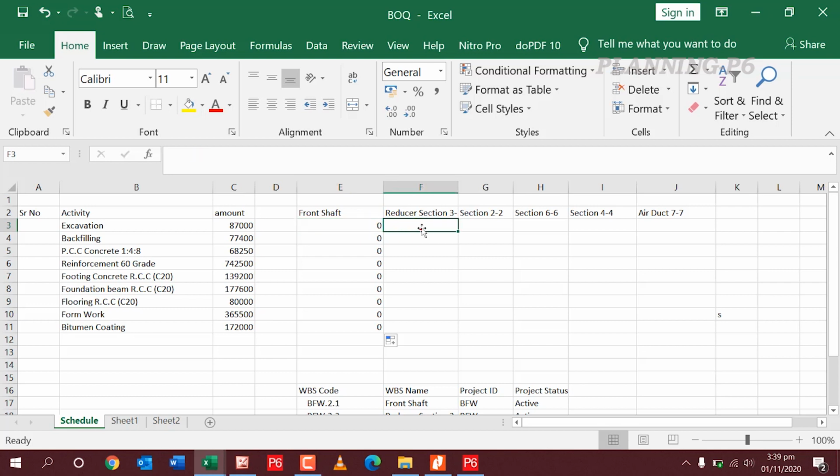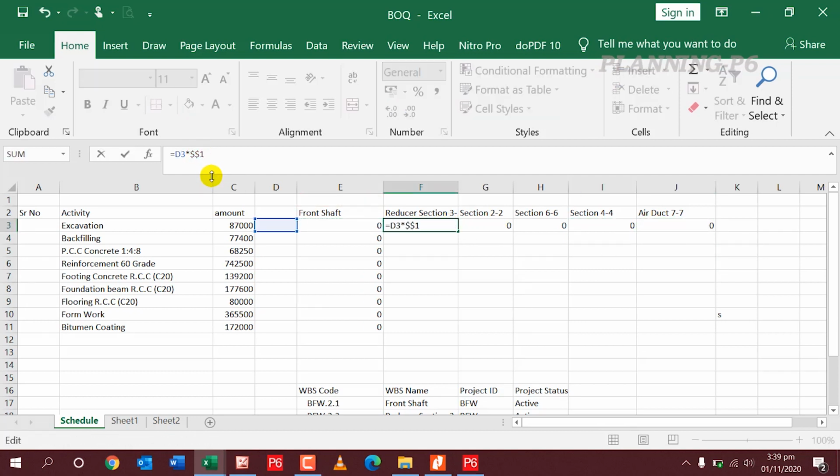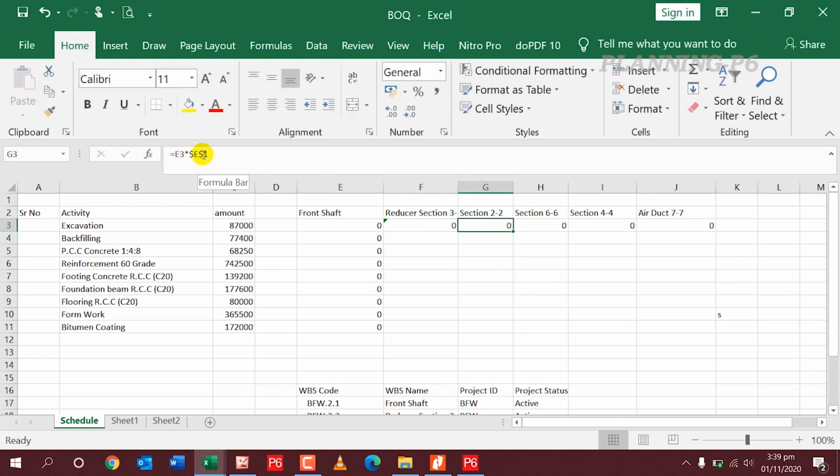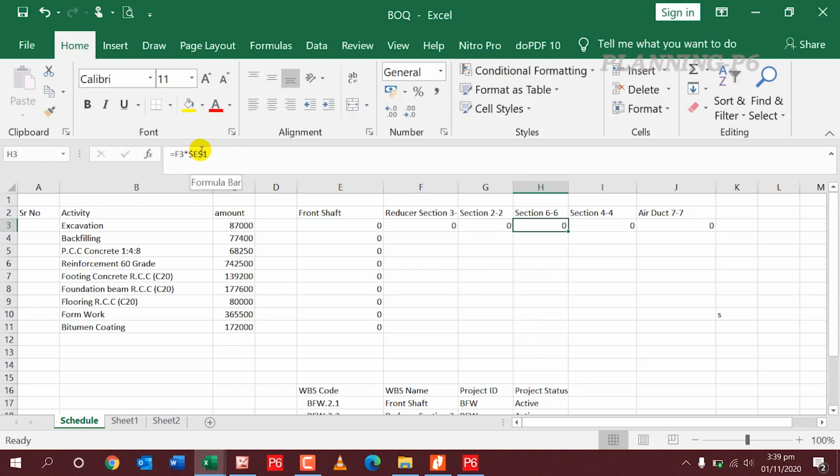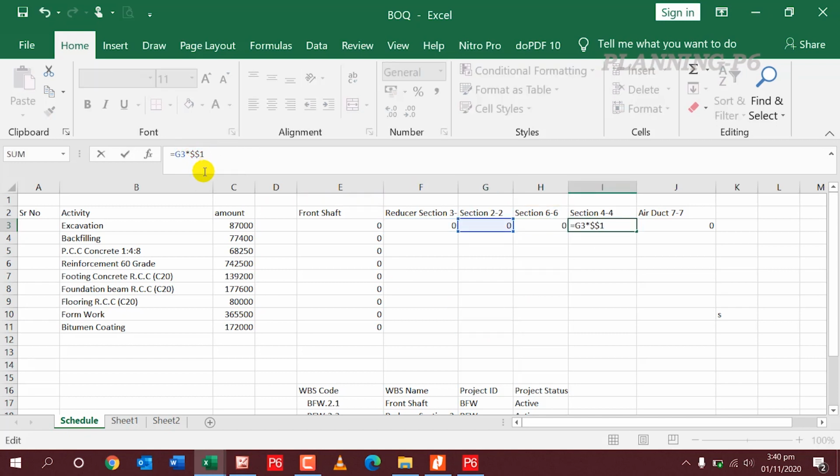C, F, G, H, I, and this one is the J section.